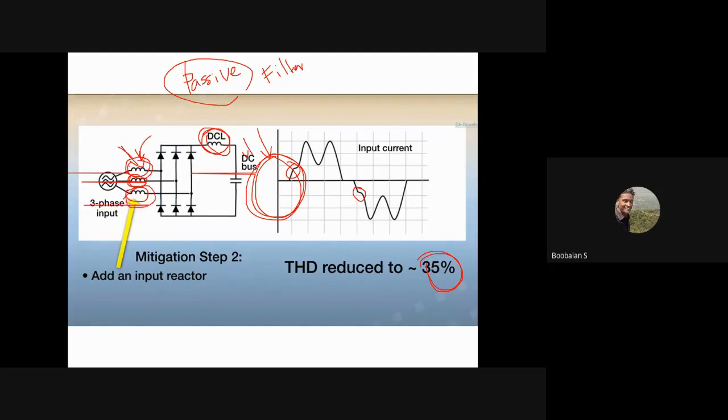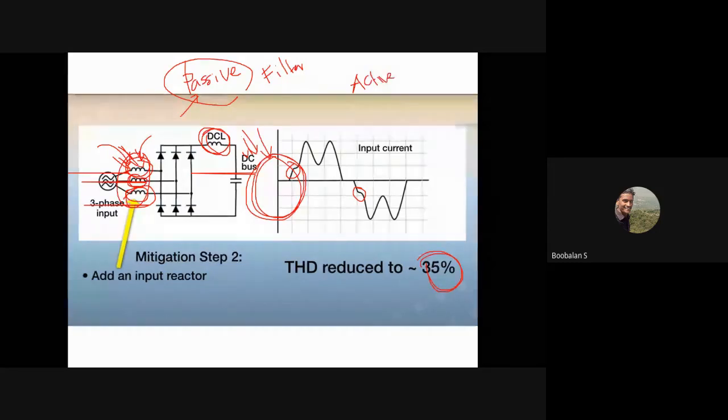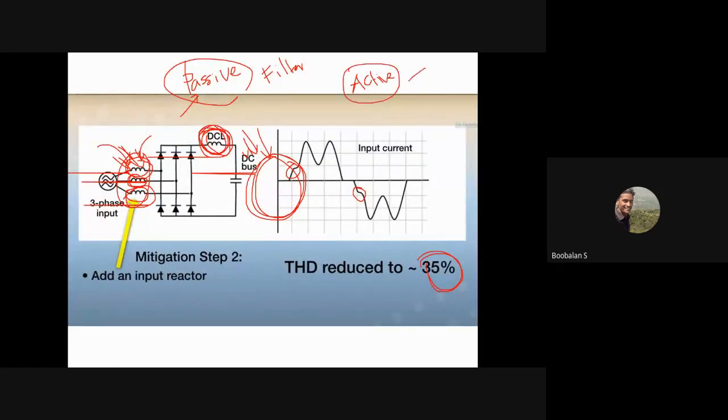If you want to change the value of the inductor, we need to switch off the application, power it off, remove it, and replace it with a new value. But at running time, we couldn't change this. That's why this is called passive mode. One more mode is also available, called an active filter. In active filters, we could change the inductor value at runtime also. That's why it's called an active filter. That is most important as well as useful in industry. They also follow the active type, because at runtime we couldn't change the inductor value in the passive filter, but in active we could change this value.